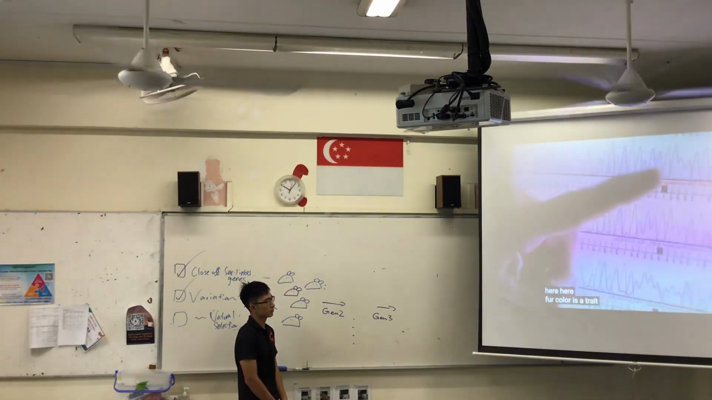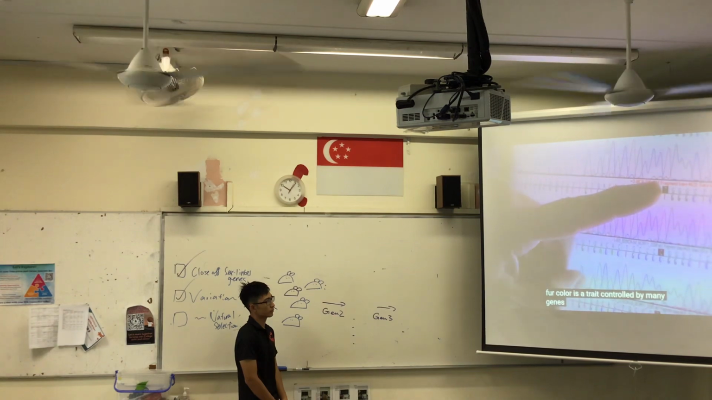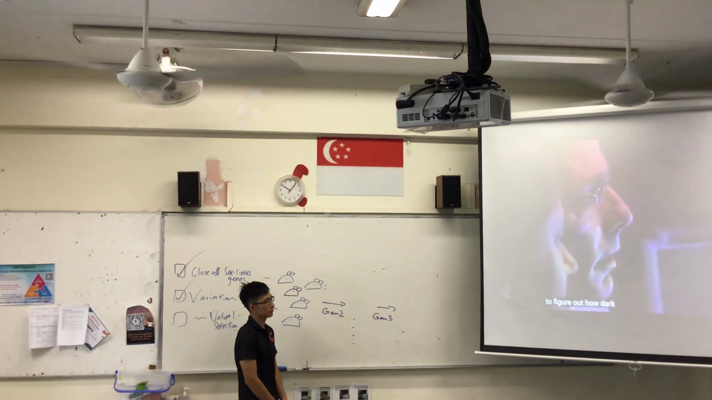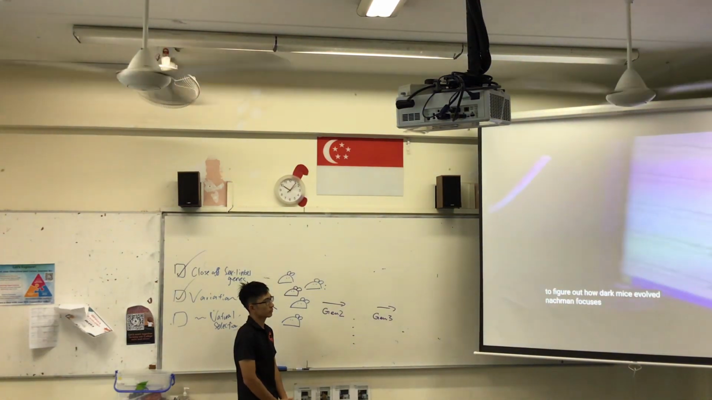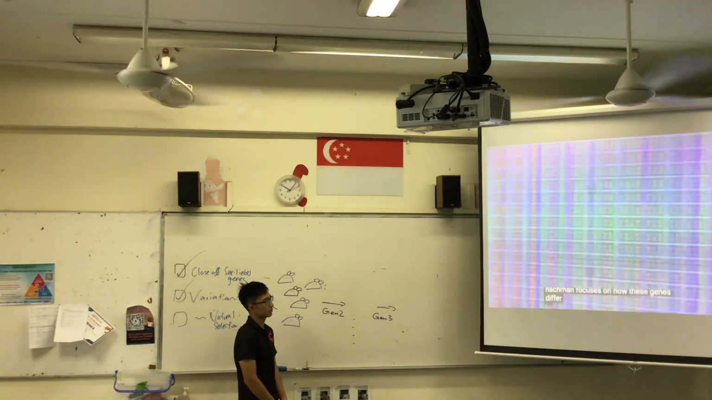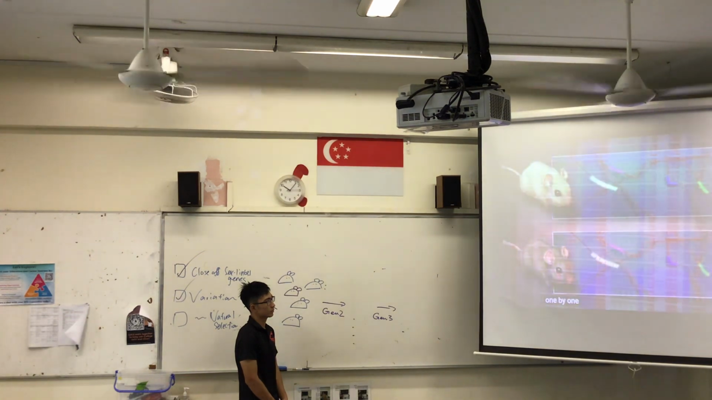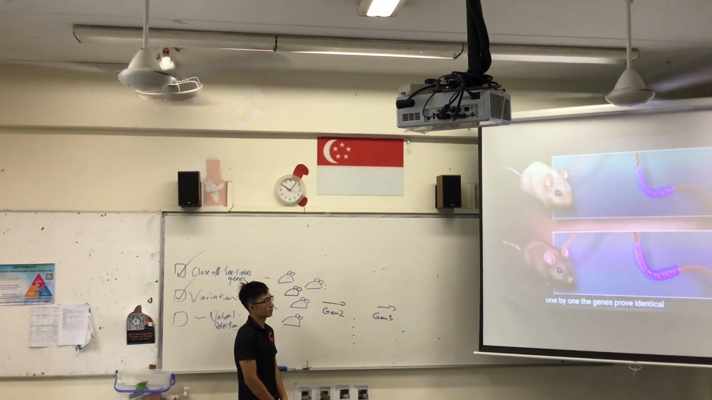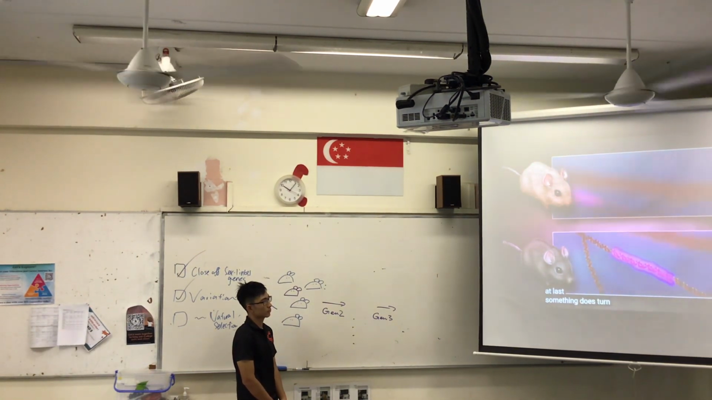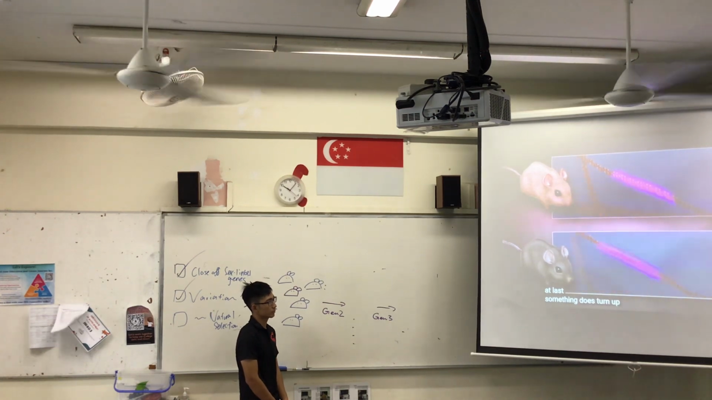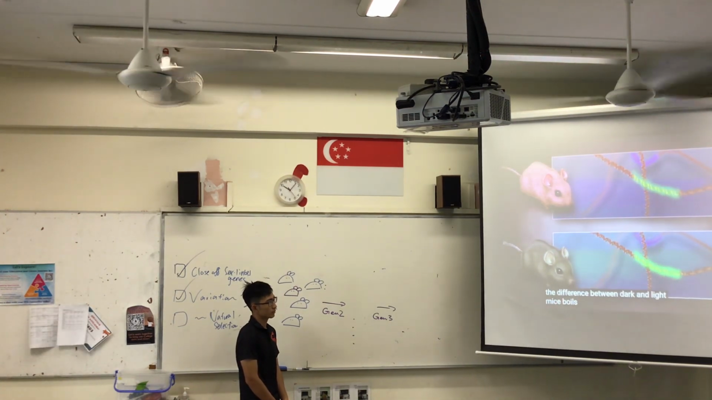Fur color is a trait controlled by many genes. To figure out how dark mice evolve, Nachman focuses on how these genes differ in dark and light mice. One by one, the genes prove identical, but at last, something does turn up. The difference between dark and light mice boils down to a difference